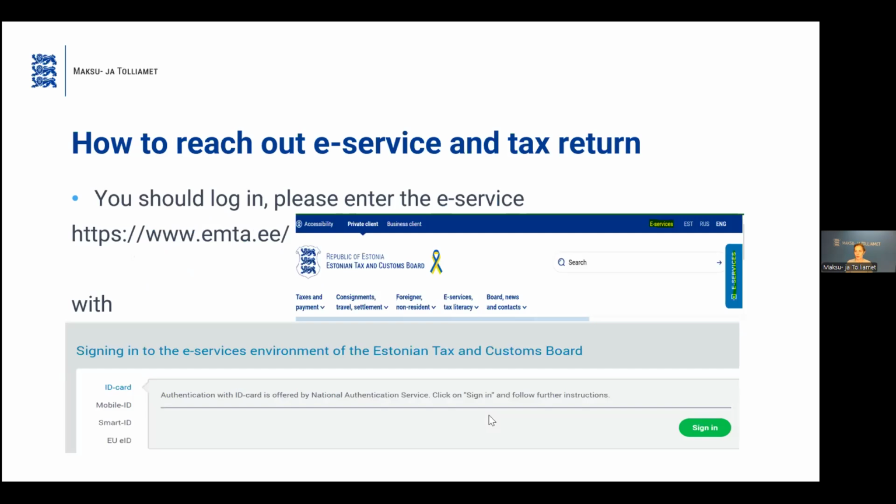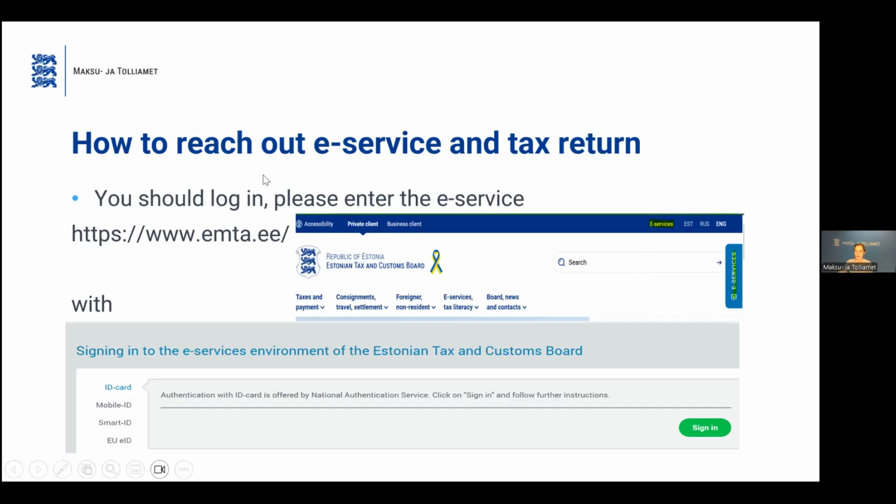How to reach our e-service and tax return. You should have the opportunity to log in to our e-service. You can find those buttons in the right corner of the website of the Tax and Customs Board, e-services, and normally in the period of tax return declaration, you can directly reach the tax return then.